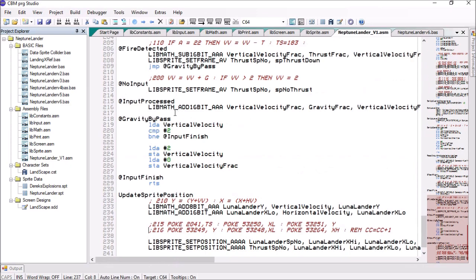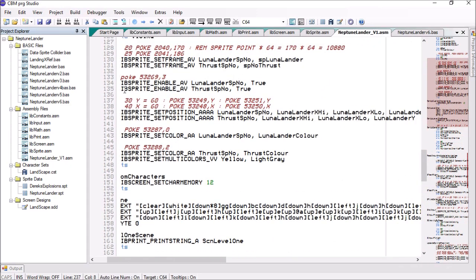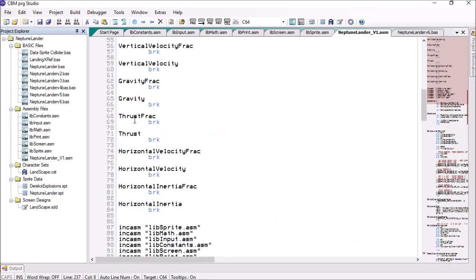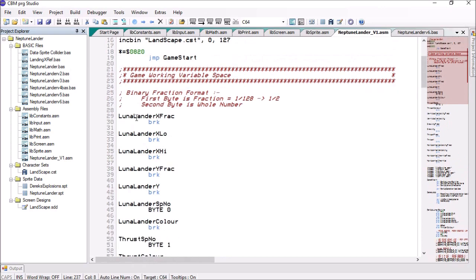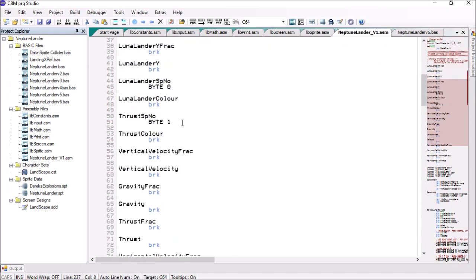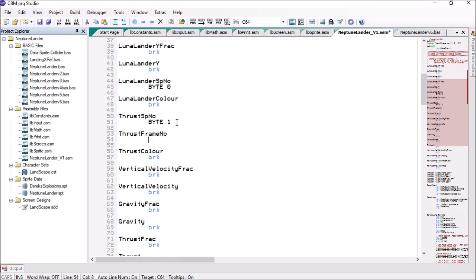Right, so if we go and do another, they're the sprite numbers. So if we put another one in here, thrust frame number, and set that to